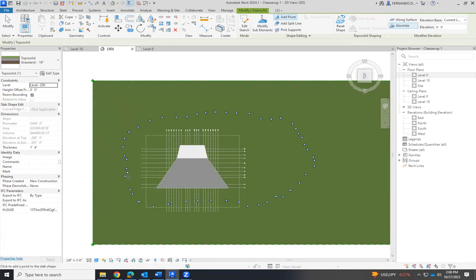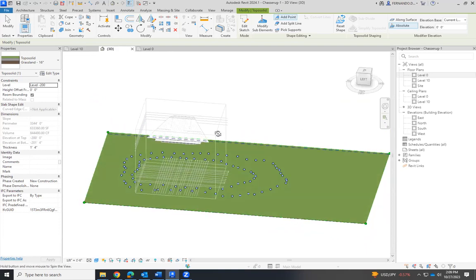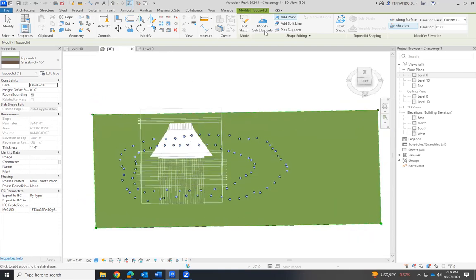I want this to be like a contour line, but I want another contour line here. So if I keep creating a curve like this, okay, that would be enough.